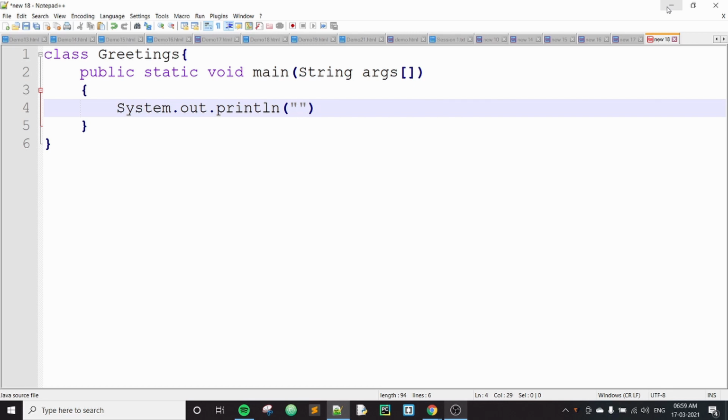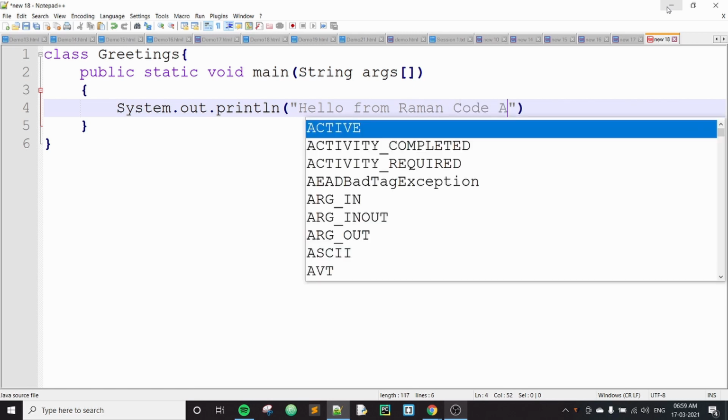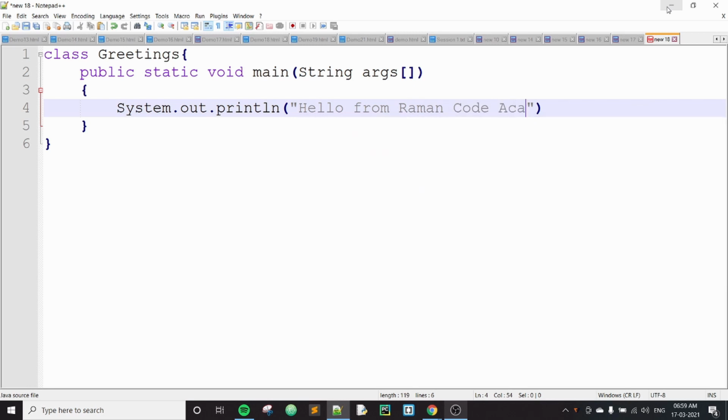Since it's our first program, I'll just say hello from Raman Code Academy, and all your statements in Java must end with a semicolon. So we'll put a semicolon at the end. So that's it. Our first program to print hello from Raman Code Academy is done.